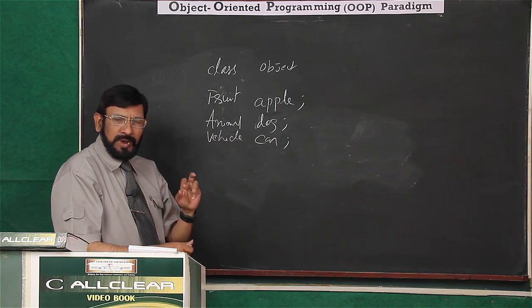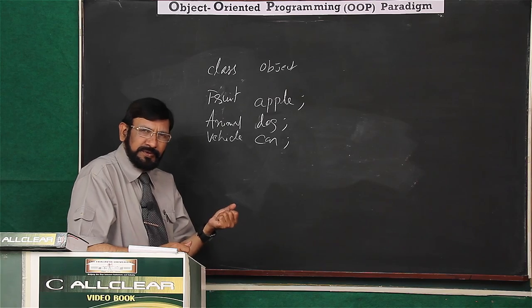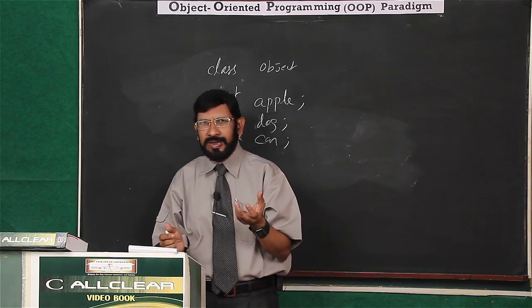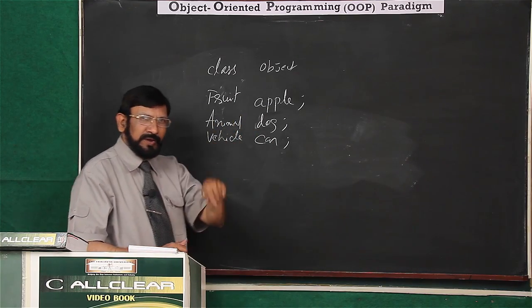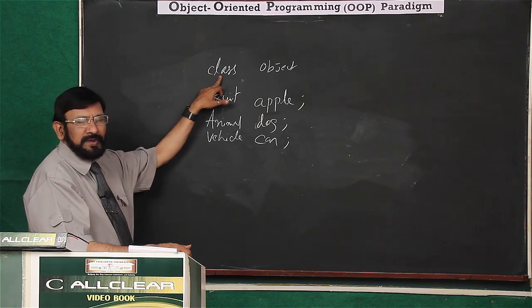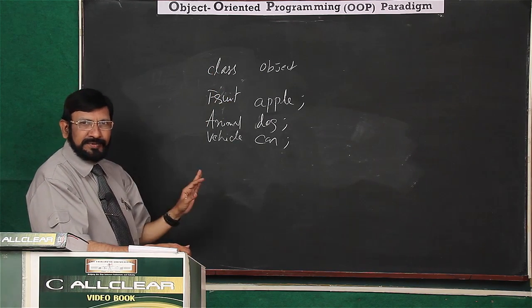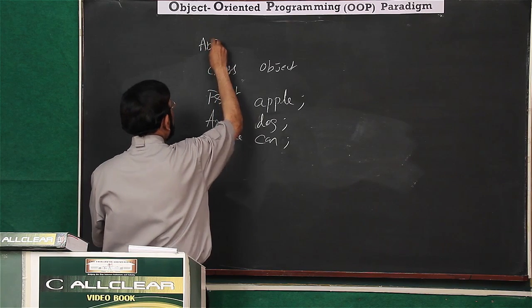Whenever we write a Java program, the building block is object. So if you have to write any Java program, what you have to create? You have to create object, one or more objects. If you have to create object, means what is the prerequisite? You have to define its class. Class is an abstract. That's why it is also called abstract data type.